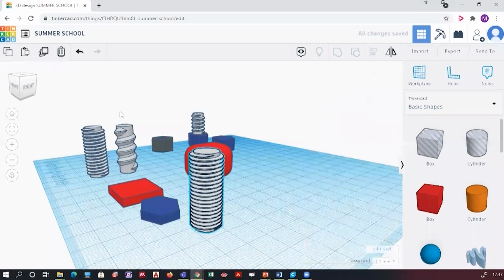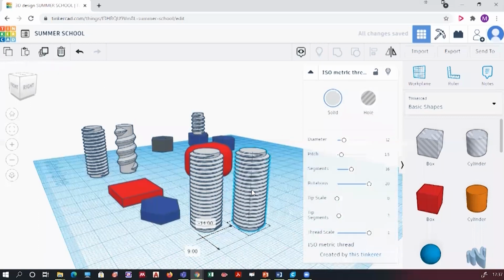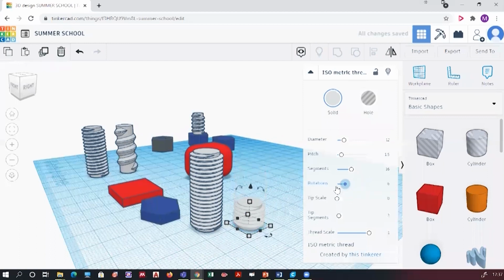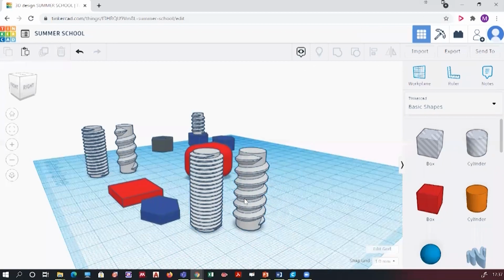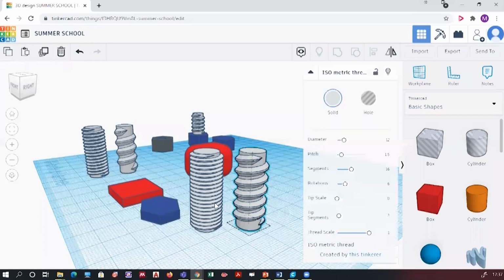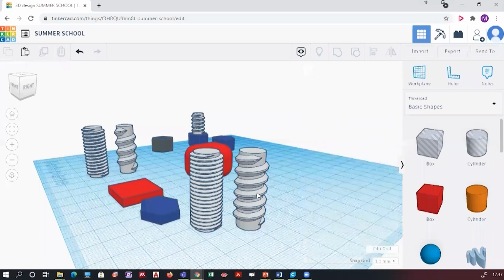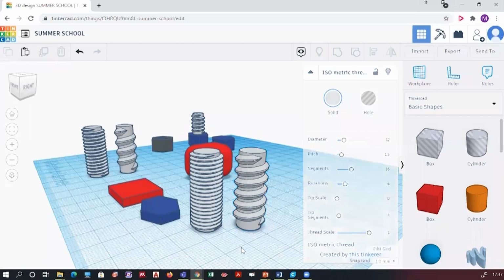I'll show you. Suppose I want to decrease the number of rotations. You can see I have decreased the rotation to 6 and changed the length to 30. So with the same length, the pitch can be changed. I'll share the measurements from the previous class after the class, or you can go to your YouTube video and see the measurements. I have repeated them there multiple times.